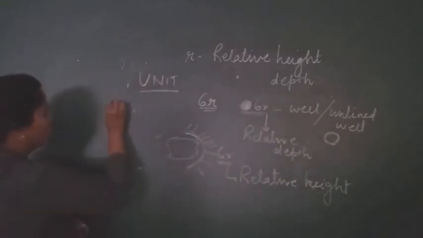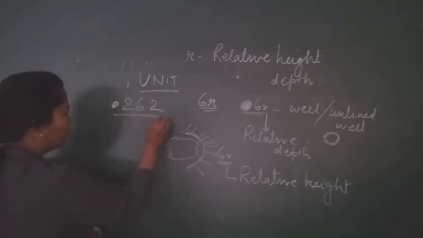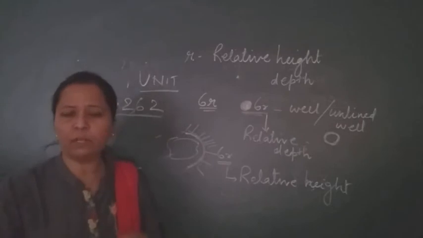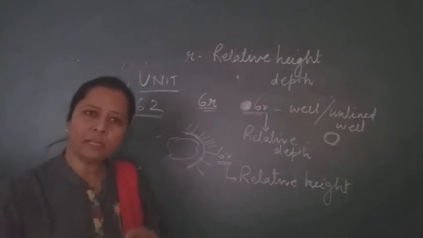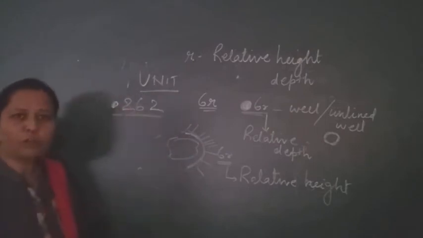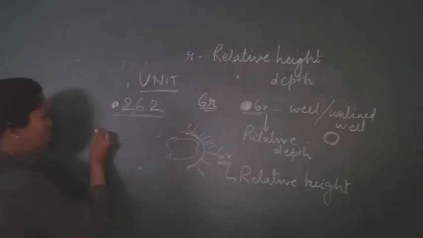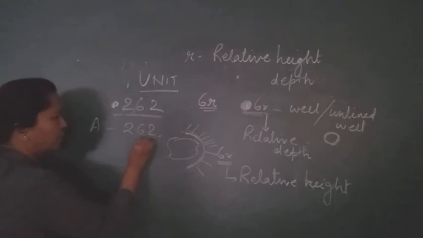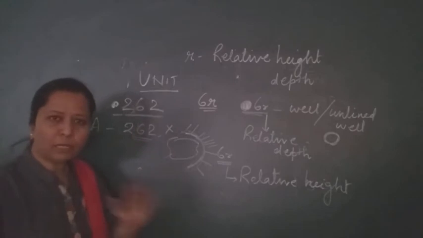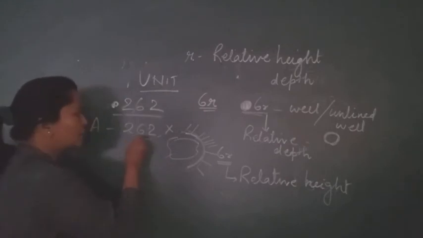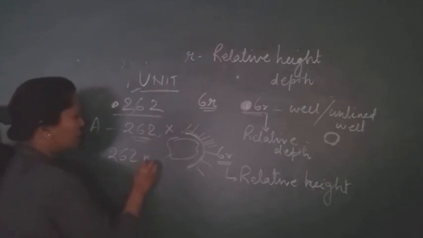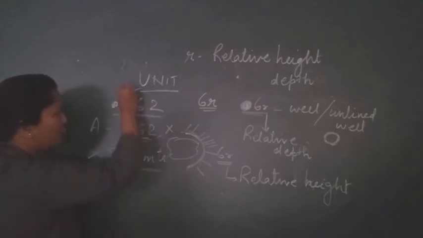For example, if it is dot 262. What is the highest point on the topographic map? If the question comes, what is the highest point on the topographic maps, and if the highest point is 262 on your topographic maps, you are not supposed to write the answer as 262. If you just write 262, then that answer is going to be completely wrong. You will not get marks for that. Why? Because you are just writing a number. So unit is very important. If you write 262 meters, then the answer is right. So don't forget to write down the unit.